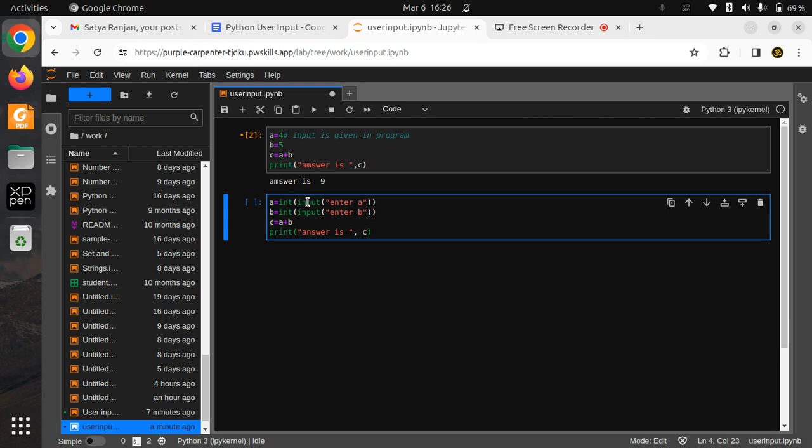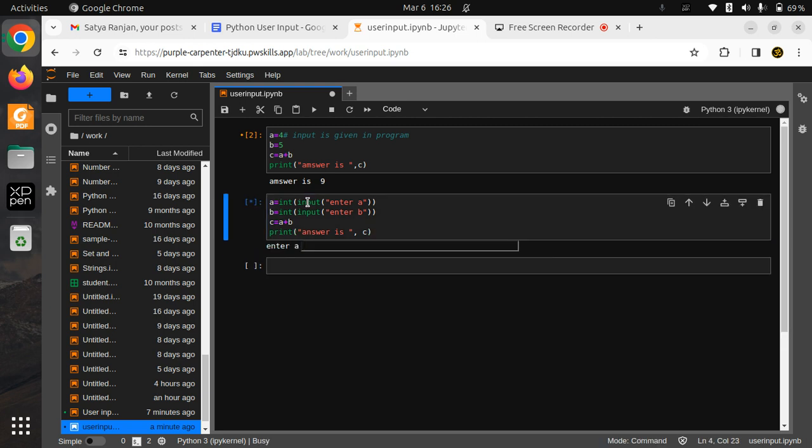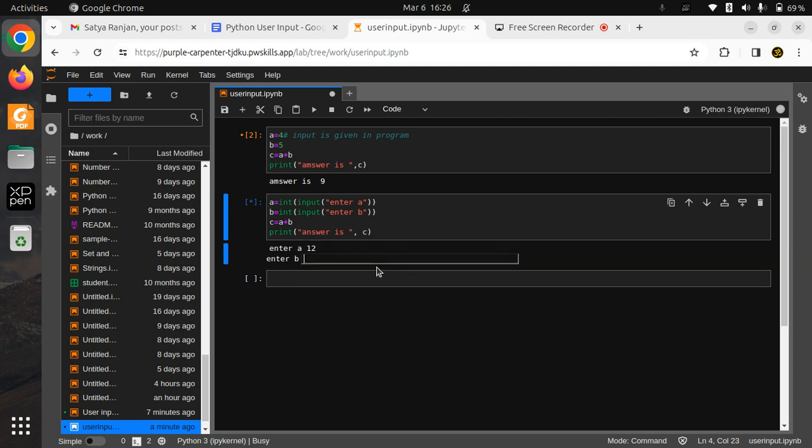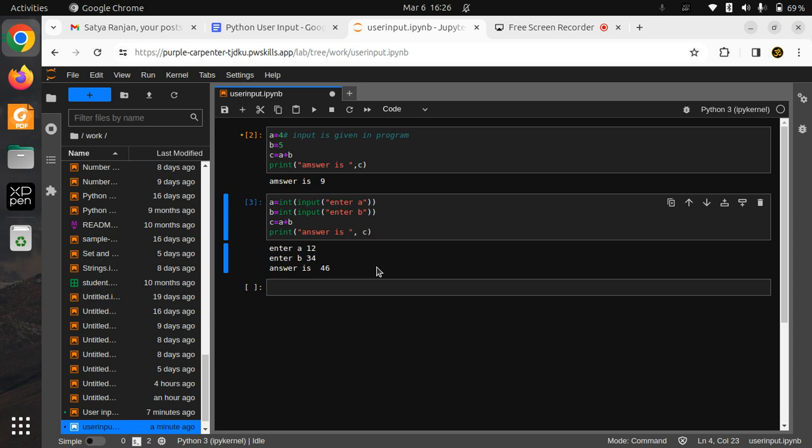So now the moment I execute this, it says enter A. I give 12. Enter B. I give 34, and the answer is 46. So what is the difference you can observe between these two? Here 4 and 5 is getting added,